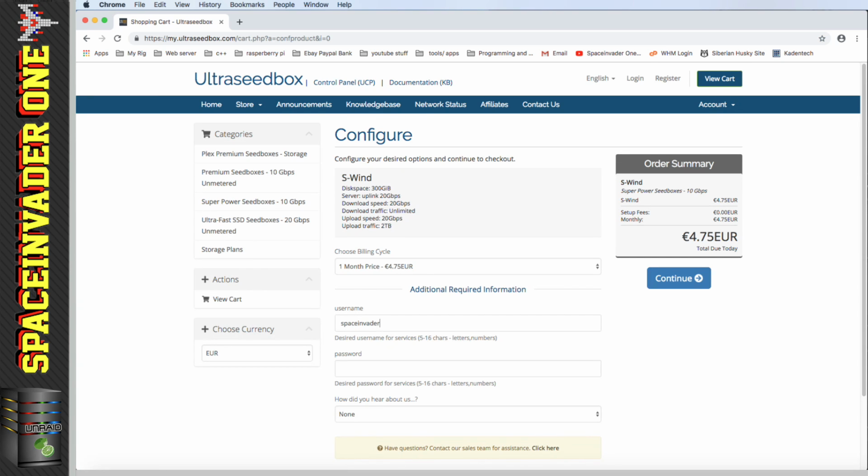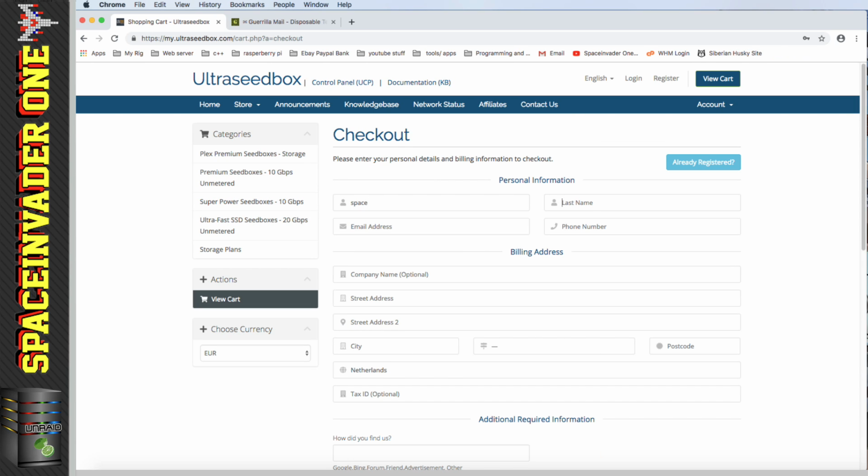So I'm just going to pop a username and password in here and then click on to continue. So onto the checkout page, you don't have to use your real first and last name. Then the only other thing we actually have to fill in is an email address. Now of course you can use your real email address here, but for those of us who like to be super private and we don't want the Seedbox company to know our real email address,